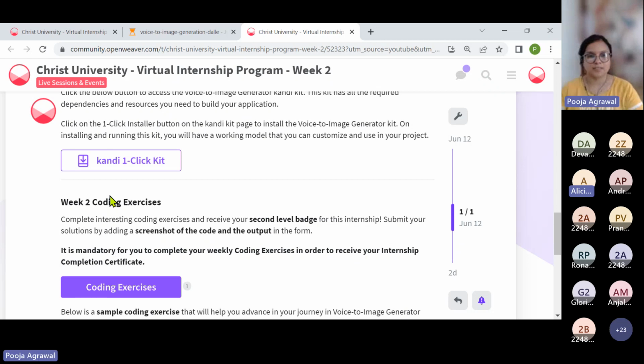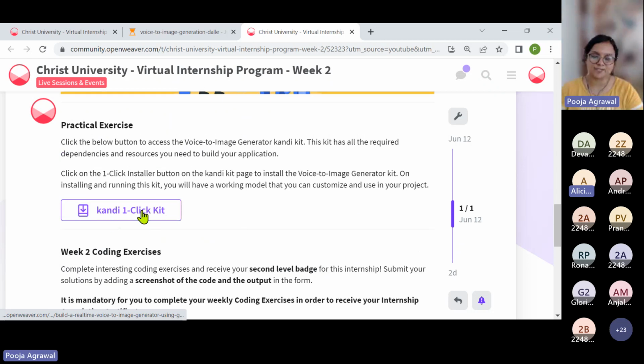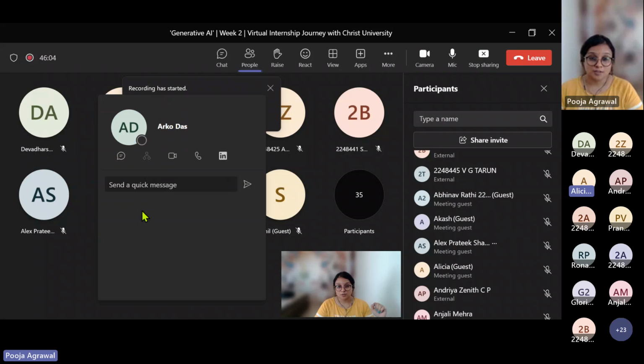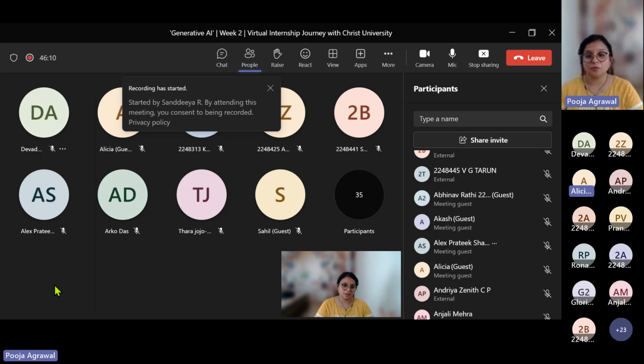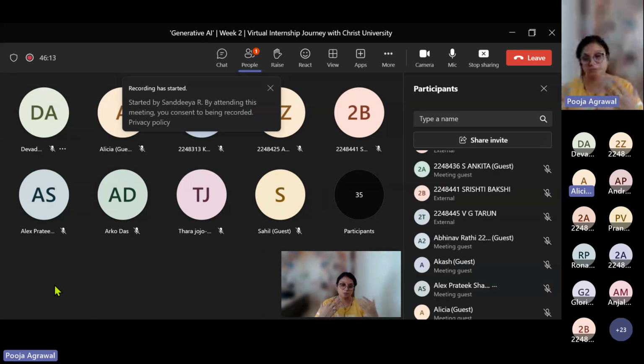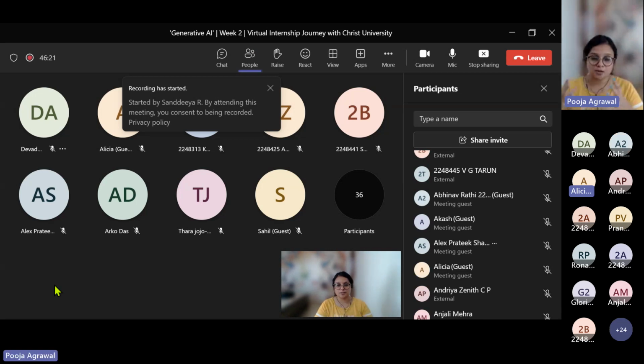Okay, so let's get started by setting this Candy Kit onto our systems. So the steps to be followed. Okay, talking about your submissions. How many of you were able to, what did you feel? Since it's generative AI, it's the topmost, I would say, advanced level domain that we offer. So one quick question from you: how many of you thought it was, what was the difficulty level? You felt it was very difficult, medium level, or easy. How would you state it, let's say, in the chat, or you can unmute yourself if you would like. Your week 1 exercises.